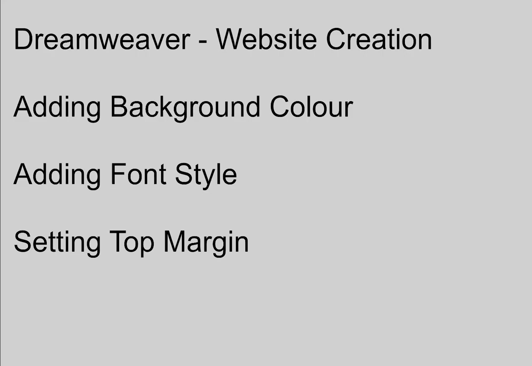Okay, so in this video, we're going to be adding background color, adding font style, and setting a top margin. You need to make sure this matches your house style storyboard in your Wix website, so make sure to go and have a look at those first, and make sure that you know what font style you want, background color,